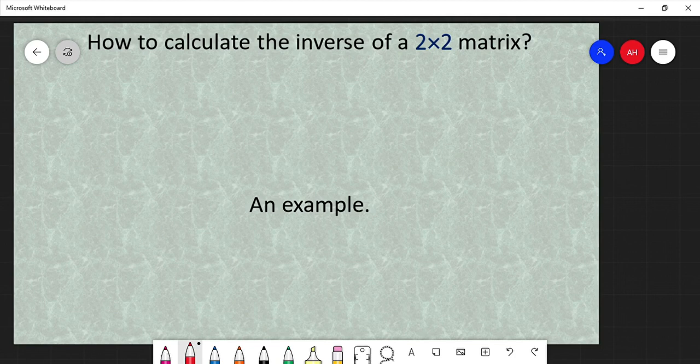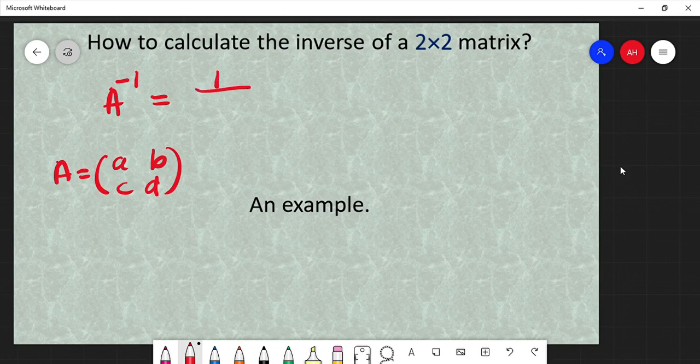The formula is like this, and the symbol for the inverse is A to the power negative 1. This doesn't mean A to the power negative 1 in the usual sense. It is just the notation to represent the inverse of matrix A. If A is given as A, B in the first row and C, D in the second row, A inverse will be 1 over